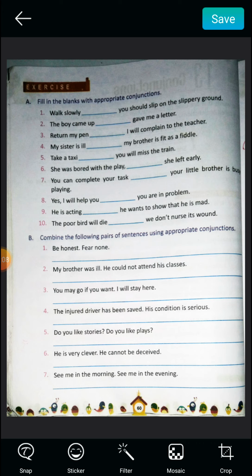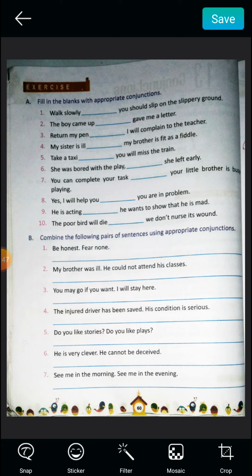We have learnt that the words used to combine two or more words or sentences are called conjunctions, and we have learned the usage of conjunctions also. We use "and" to join two sentences of independent nature; "because, for, since, as" to join one part of a sentence to show the reason; "but, although" to join opposite nature; "if" to show conditional clauses; and "while" to show actions at the same time. On the basis of that we're going to solve exercise A today.